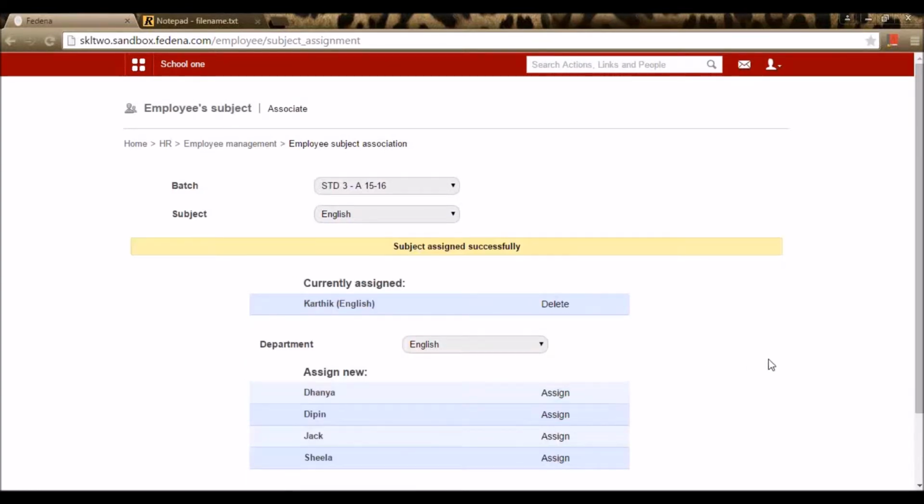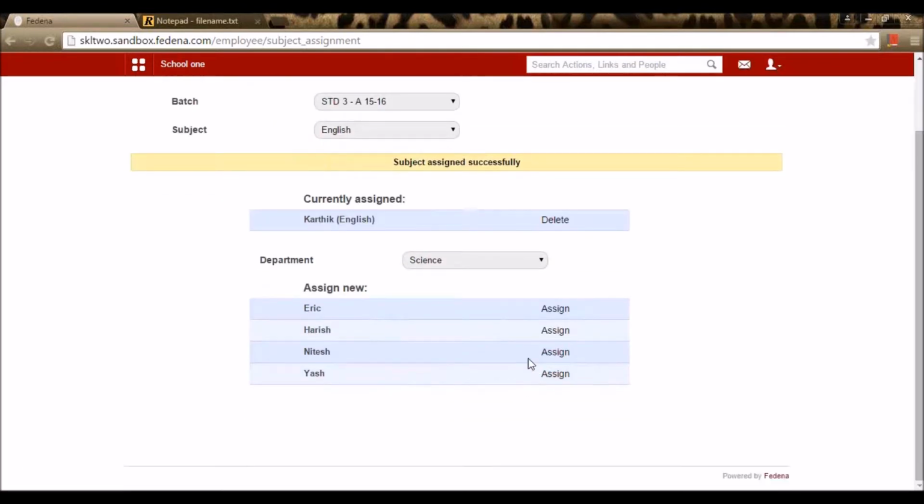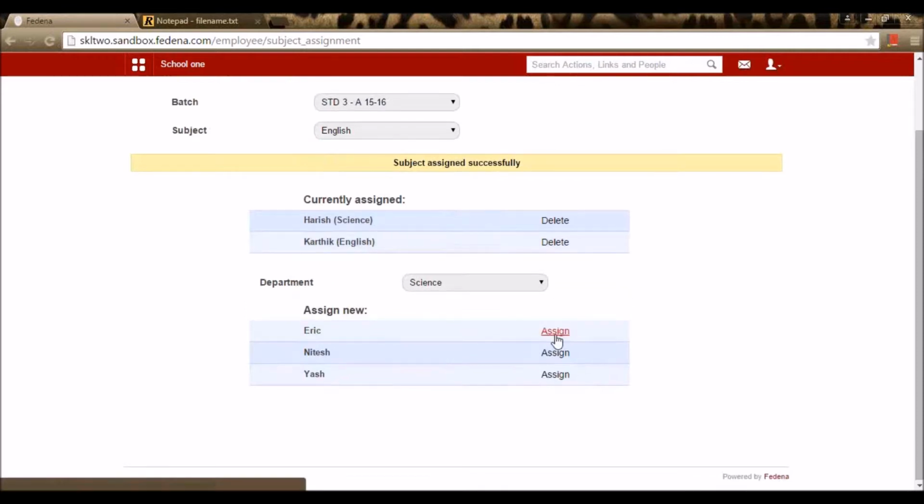So let me assign this particular employee. If I want to assign one more employee, I can select and assign it here. Or if I want to assign another employee from any other department, I can select another department, say science, and these are the employees available in the department science. So let me assign this employee.